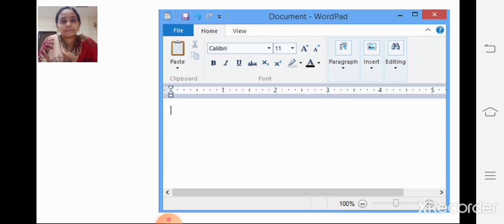See, we have already seen Notepad. We have done typing on the Notepad. Yes, in the first standard also we have done that. In the second standard also we have typed a text on the WordPad. Right? Same it is, but it has some extra features, extra things which we can do in the WordPad, which are not there in the Notepad. We are going to learn this WordPad now.